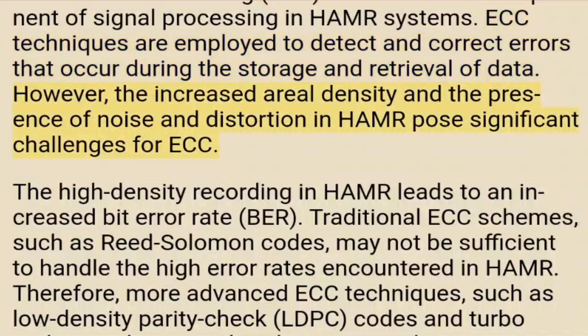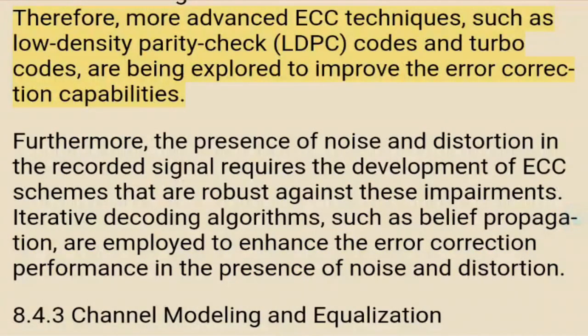However, the increased areal density and the presence of noise and distortion in HAMR pose significant challenges for ECC. The high-density recording in HAMR leads to an increased bit error rate (BER). Traditional ECC schemes, such as Reed-Solomon codes, may not be sufficient to handle the high error rates encountered in HAMR. Therefore, more advanced ECC techniques, such as low-density parity check (LDPC) codes and turbo codes, are being explored to improve